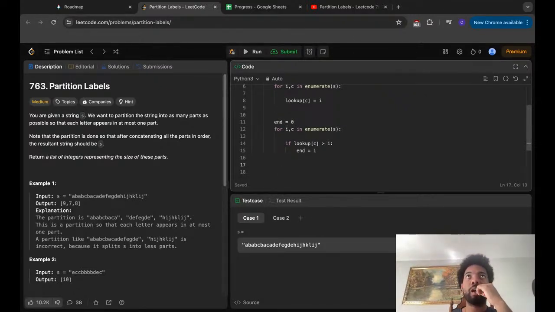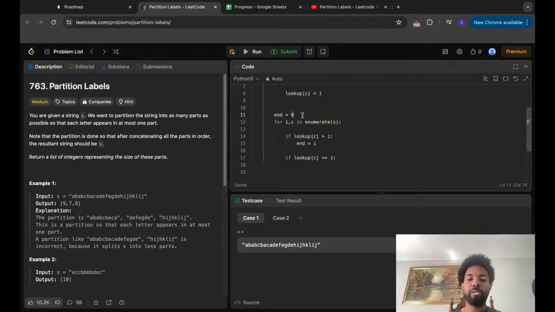If lookup of c is equal to i, then that means that we want to,